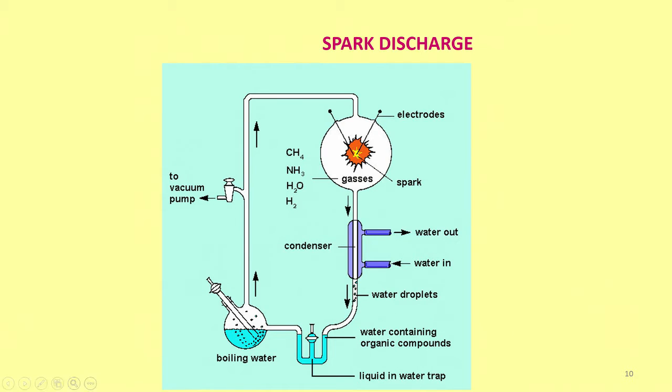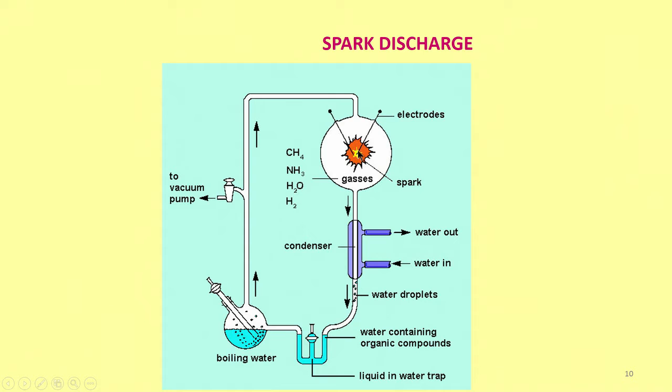What do we have here? Boiling water is here, there is vapor here and everything is taken off to vacuum, and then we have water containing organic compounds, all these things dissolved, and normally whenever you heat something you get water vapor first. So, all that water vapor should be removed by the vacuum pump. That is why this is a slightly elaborate arrangement for the removal of the water vapor. And then what I have here, the gases coming out of the system.